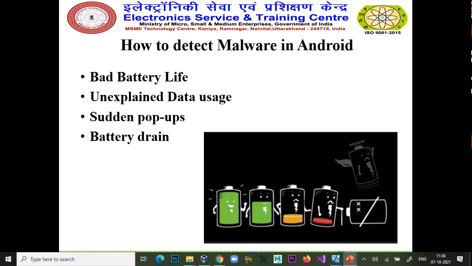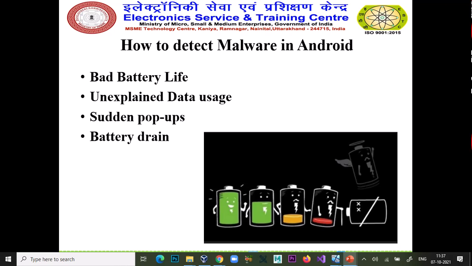That's why, if a malware exists on your Android or iOS, your battery life becomes poor.